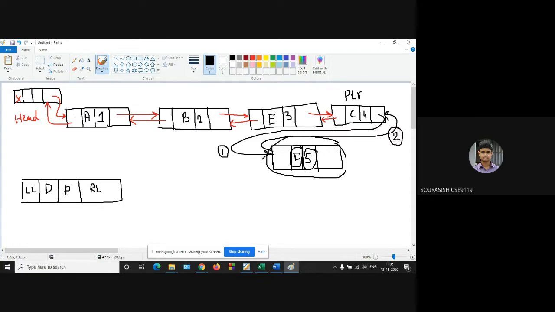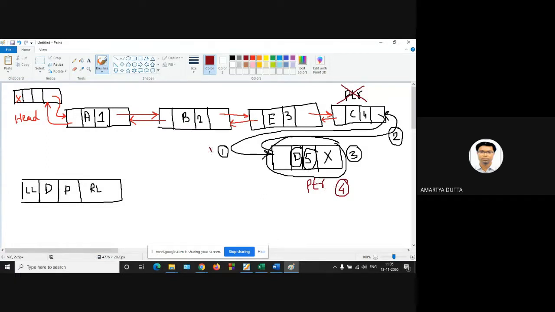New node equals to null. This is your third operation. And cross this PTR, and this will be your new PTR. So this is the last operation. Total 4 operations are there.